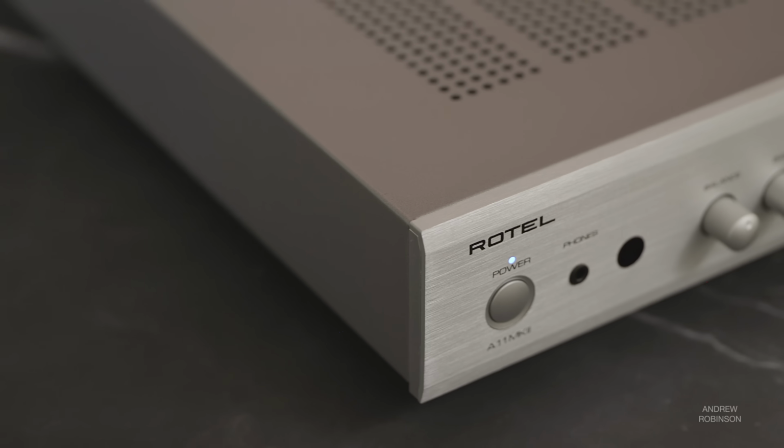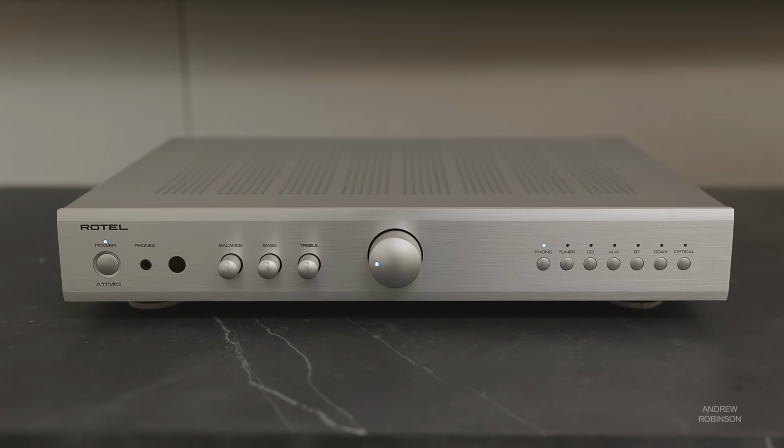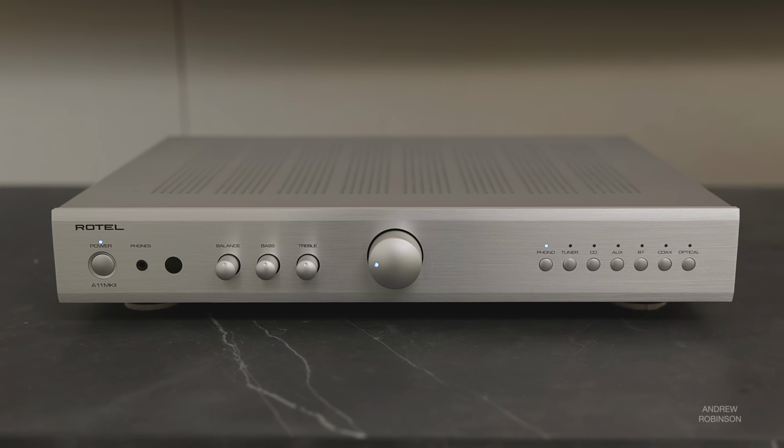The A11 Mark II is a solid, honest amplifier. It does what it should and at a high enough level that unless you really want to chase the audiophile dragon, and I mean reach deep into those pockets, it's actually probably a great amp to start and stop your journey with. Now, as far as features go, the A11 is limited compared to a lot of integrateds right now,